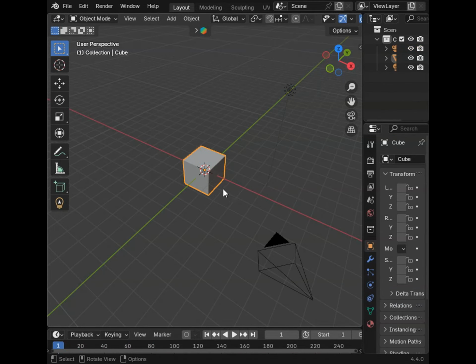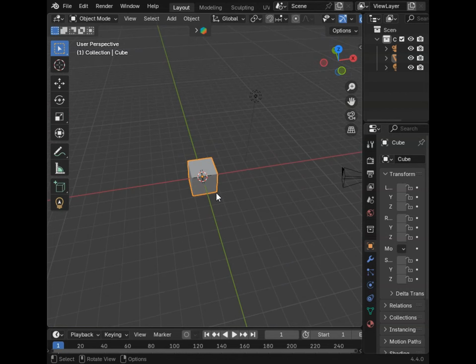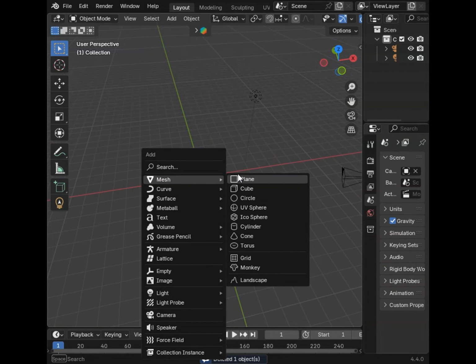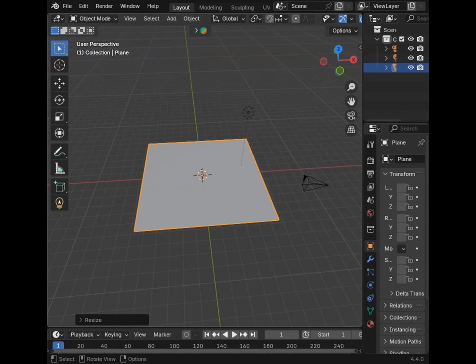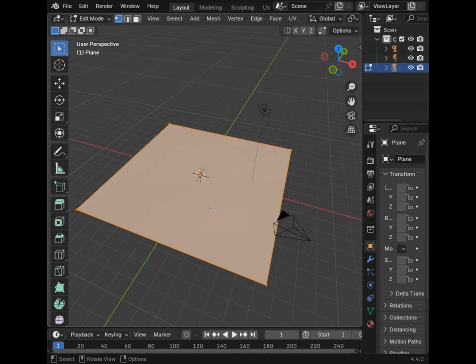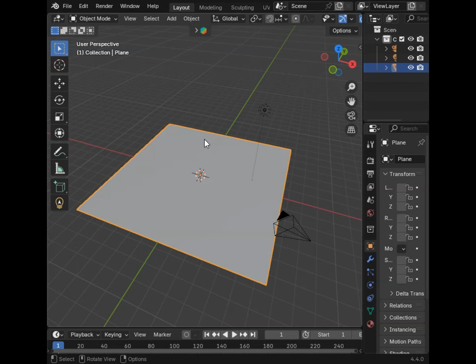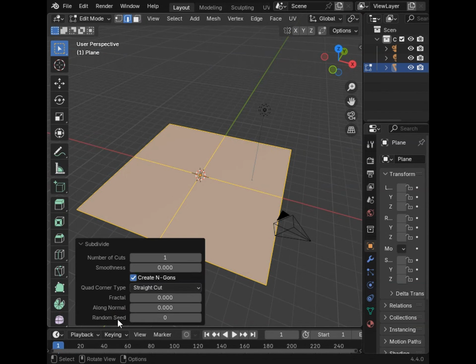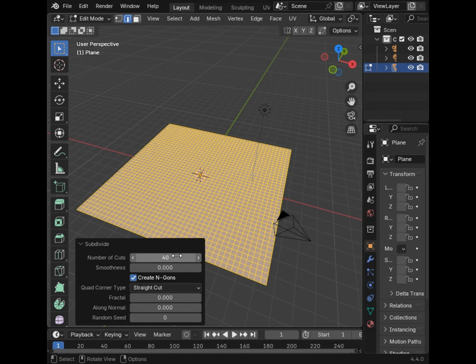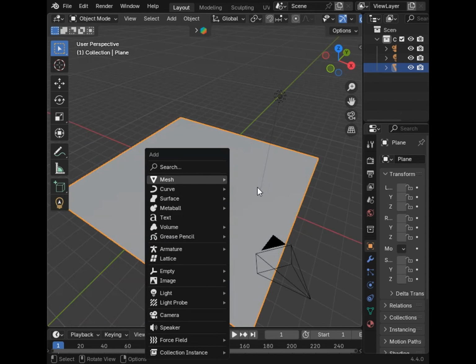Once you open up Blender, select the cube and delete it. Add a plane, increase the size of the plane, go to the edit mode and subdivide the plane a bunch of times. Go back to object mode, add a sphere